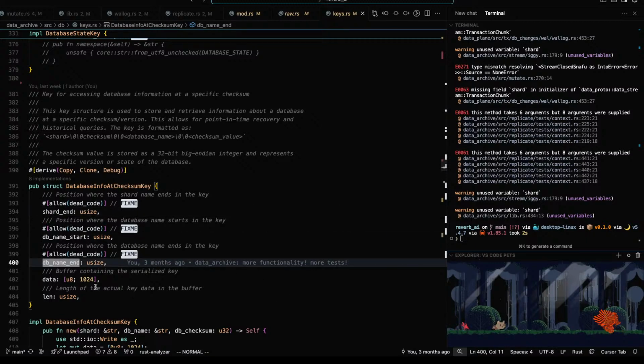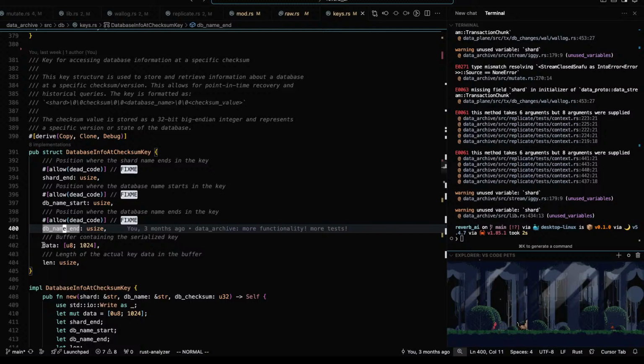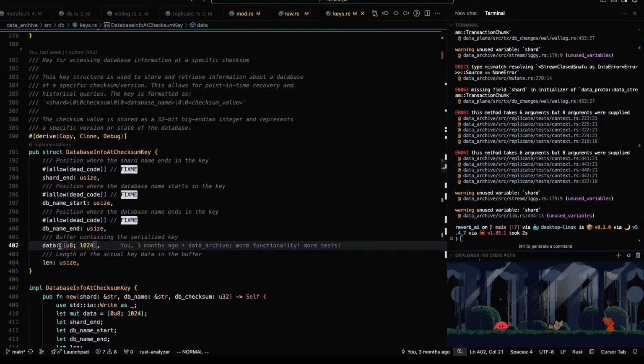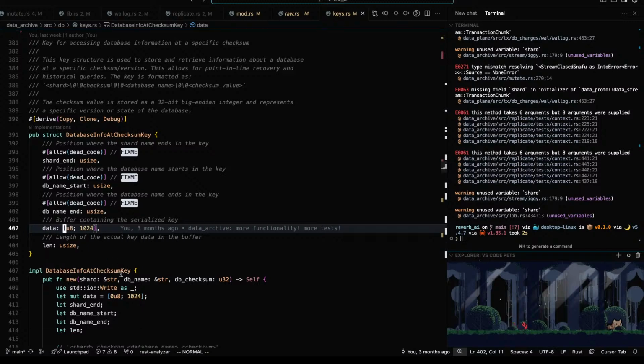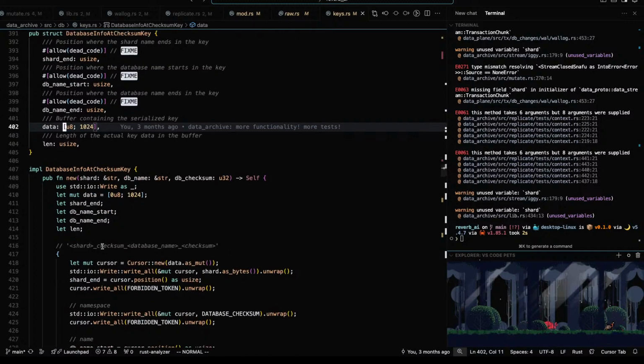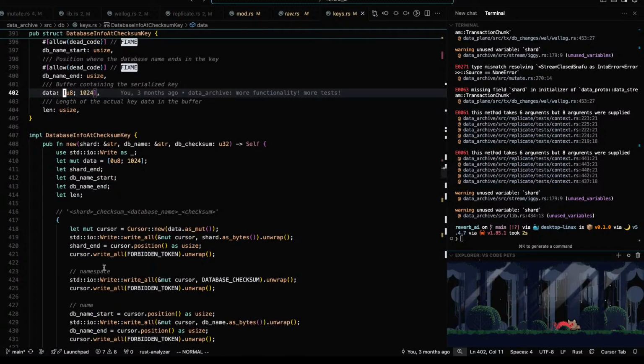Basically just storing everything into data, right? So we could make data a vector instead. We just write into the vector.